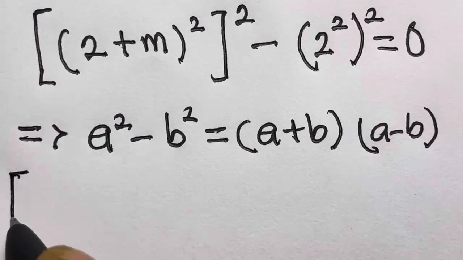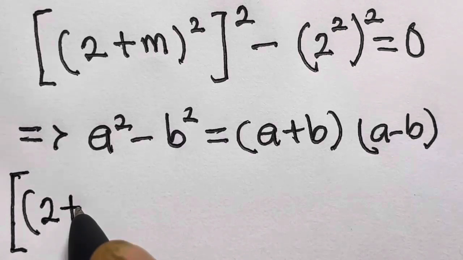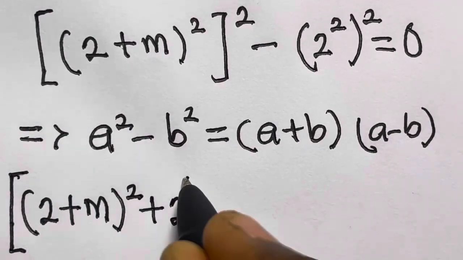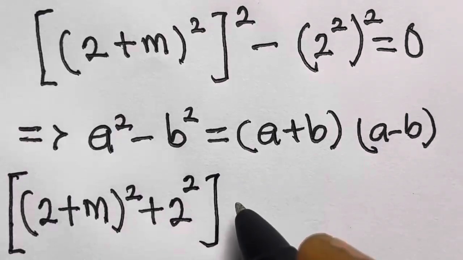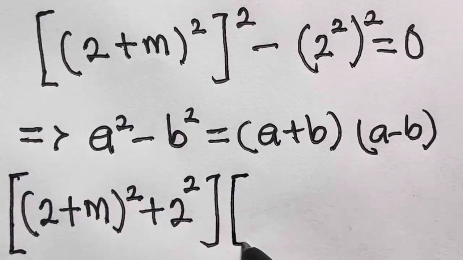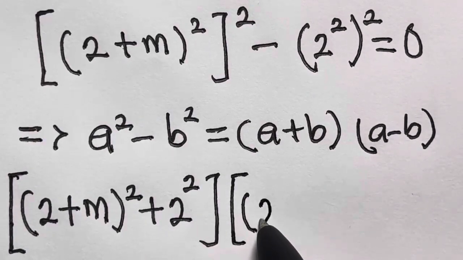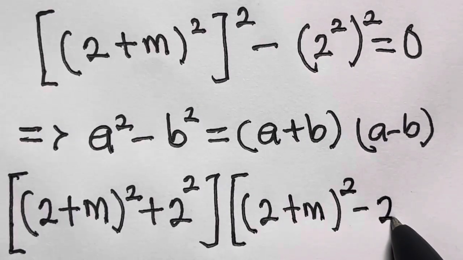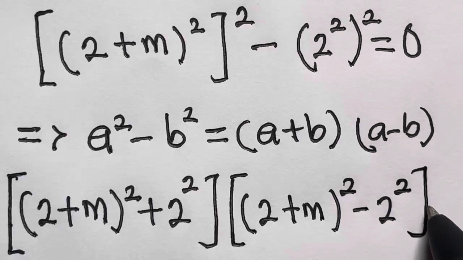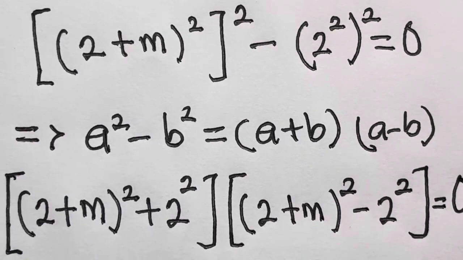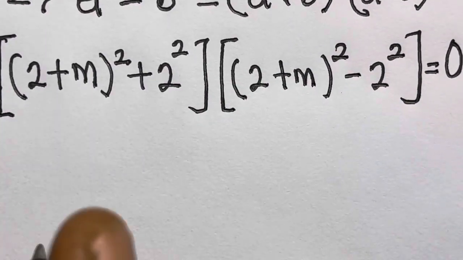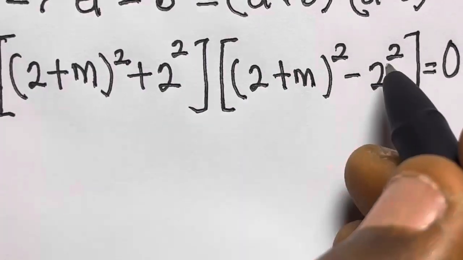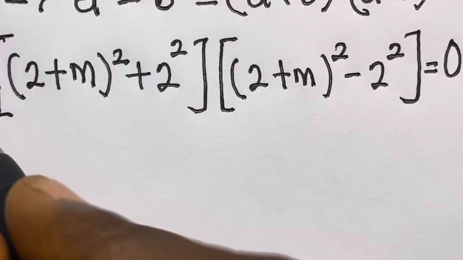the bracket, we have (2 + m)^2 plus 2^2, you have it like this, then multiplied again by this one, which will be for subtraction, (2 + m)^2 - 2^2, equals 0. So we will have this equals 0 and this equals 0. So we have